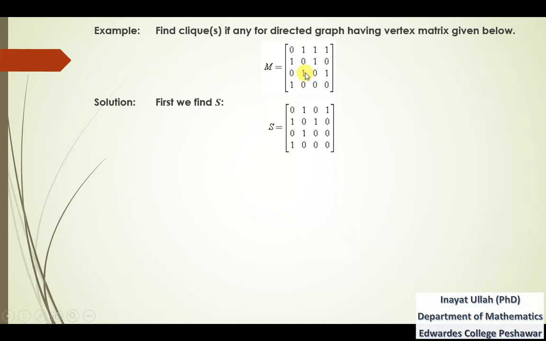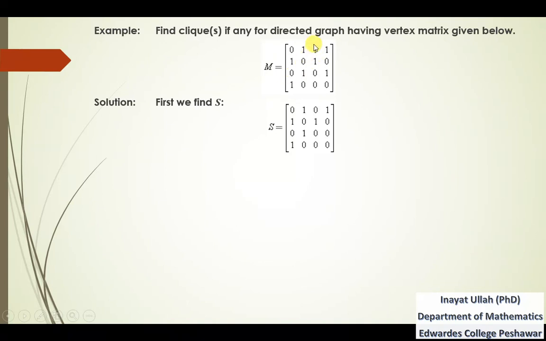M23 is this entry, second row and third column. These two are 1, so this entry in S will be equal to 1. Similarly this entry will be equal to 1. It means that if there is 1 and opposite to it there is 1, so these two will be equal to 1. And the third column, if there is 1, look at the opposite to this in the third row,